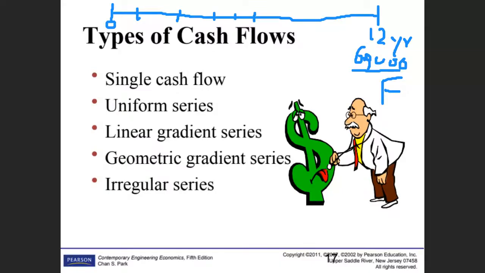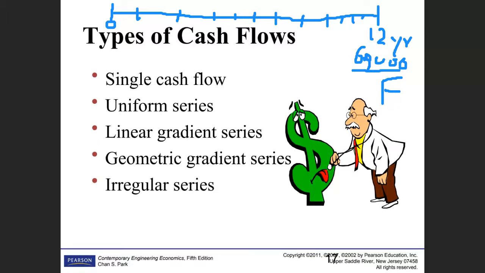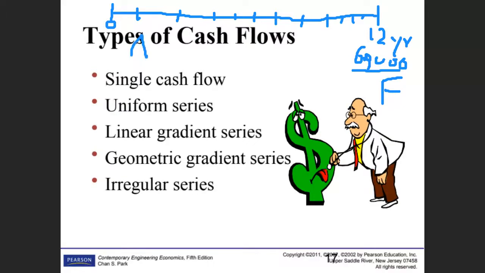Remember, you want to make some savings. So every year, how much must you save? We call it A, the equal amount. Every year you have to deposit an equal amount, so that in 12 years you must have